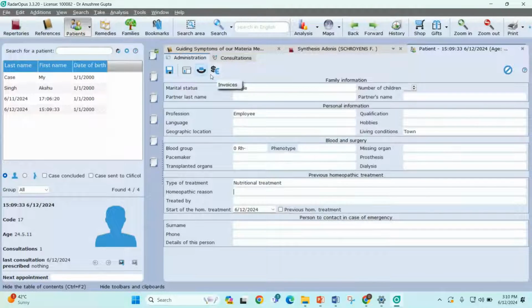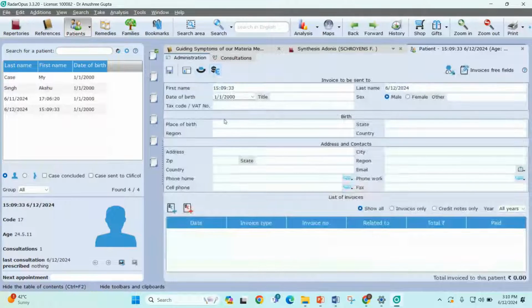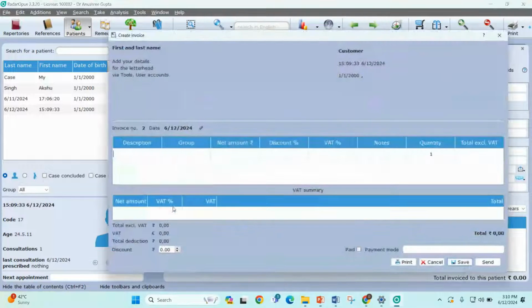Now next to this general personal information is this invoices section, under which you can create the invoices of your patient. So just by clicking on this, you can create your patient's invoice and you can print it also with the help of the software. So you just need to mention the name of the description.